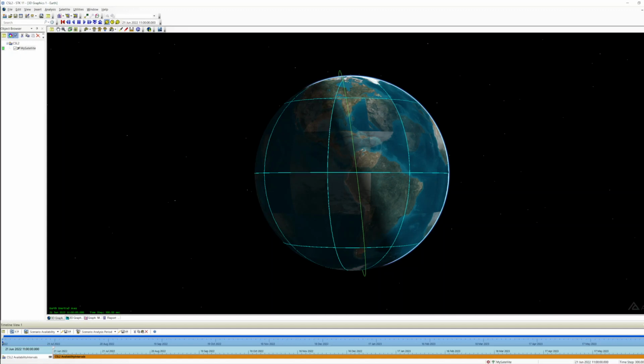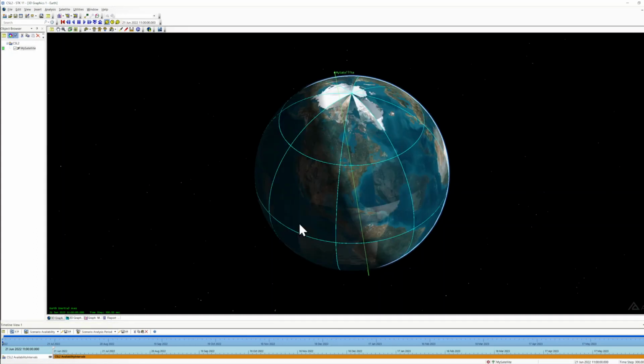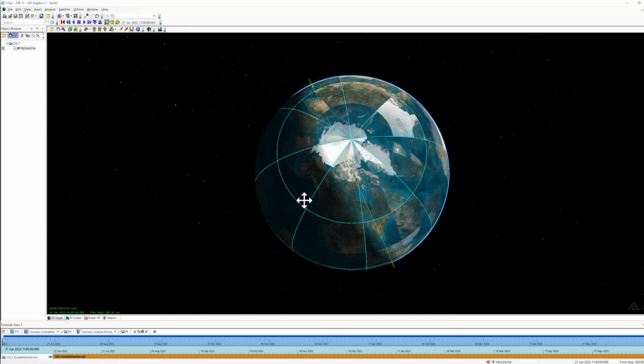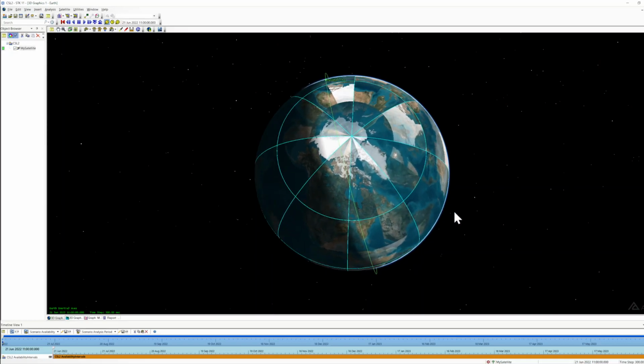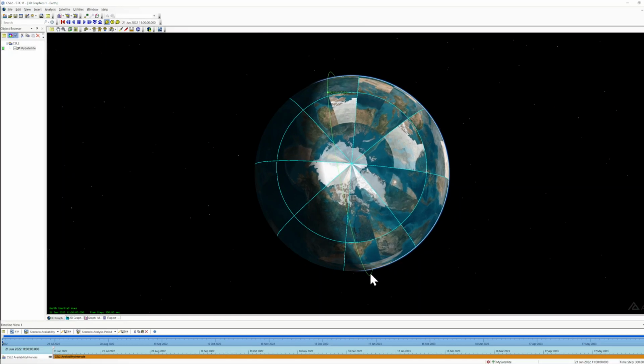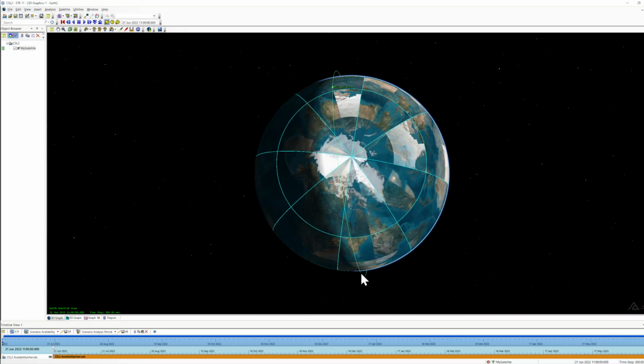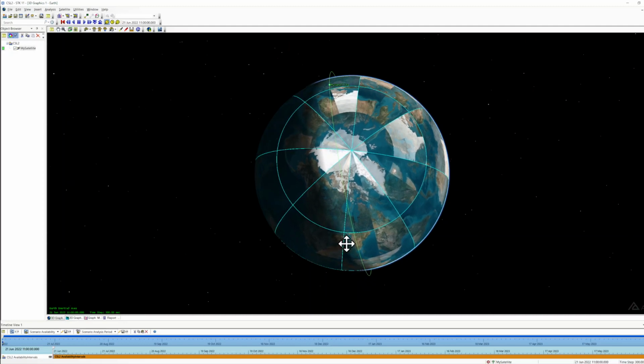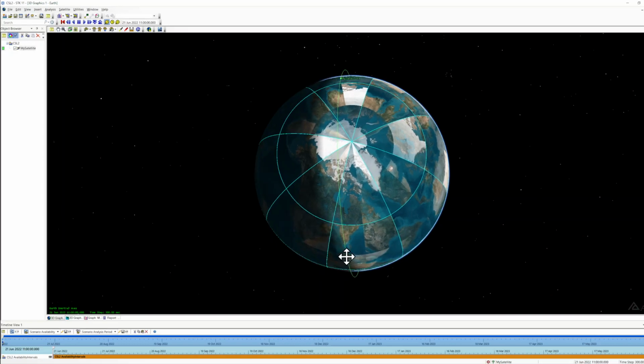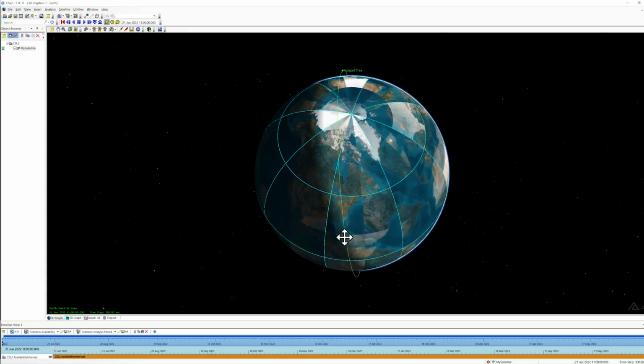We are going to examine the eclipse times of a sun-synchronous orbit, which has a height of 400 kilometers above the Earth, and it has a LTAN, local time of ascending node, at 6 a.m. and the descending node is at 6 p.m. So this means that the orbit is crossing the equatorial plane always at 6 a.m. and 6 p.m. So at first sight it might be that our satellite is always in sunshine, but this might